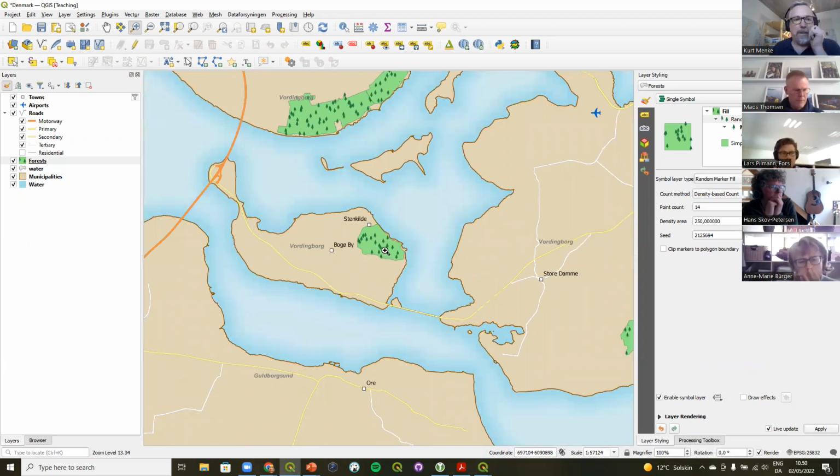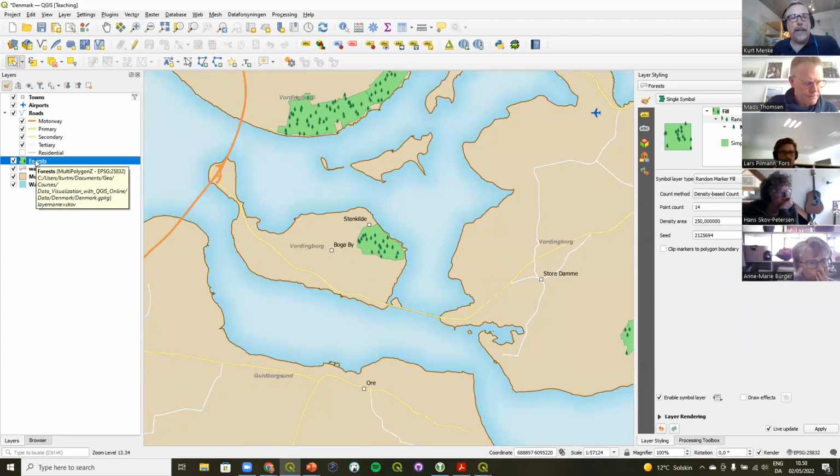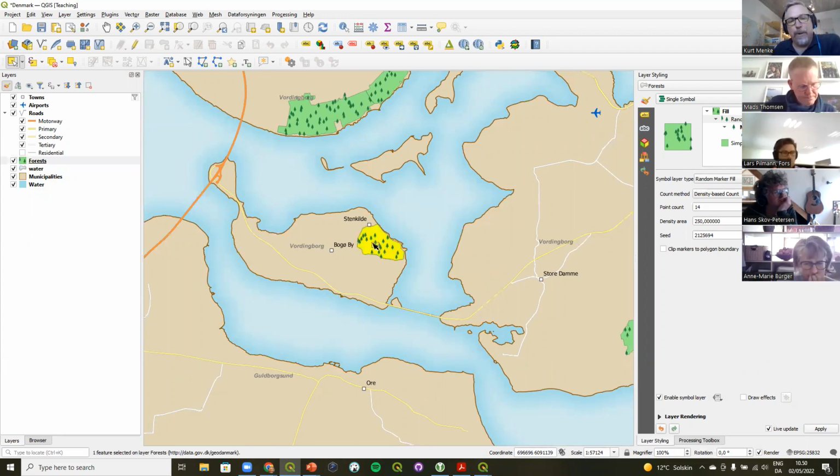And to make a legend patch shape out of it, I simply select the feature. So this is the select features button here. I want to have forests as the selected layer, the active layer in my layers panel. Then I click on that forest to select it, and it turns yellow because I have that feature selected. Then I'm going to put this layer into edit mode by toggling on editing. I have this one feature selected, and on this digitizing toolbar, there's a copy button. So I can choose copy features, and it basically puts the